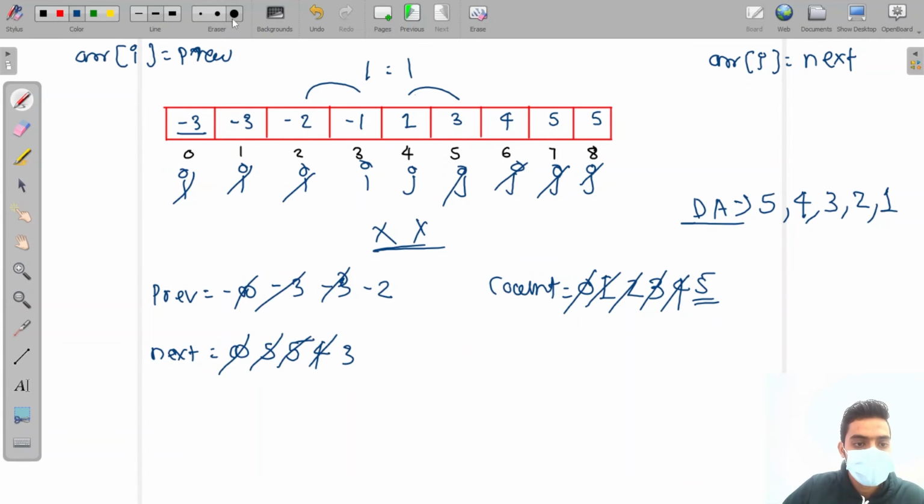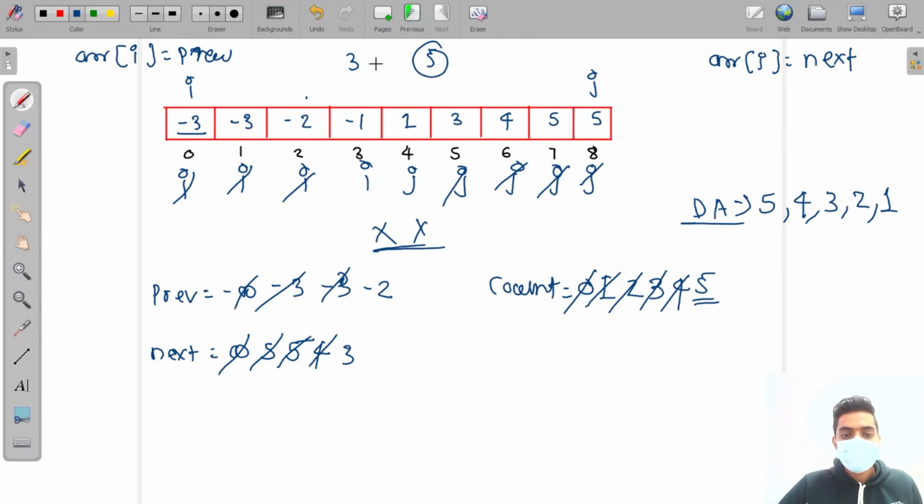Let's talk about this first part. At this point I and at this point j, 3 and 5. Now at this point we are giving the priority to the 5. So if the greatest element is present on the right side, then we check if array of j is equal to next. If this condition is true, then we can't increase our count. Why? Because